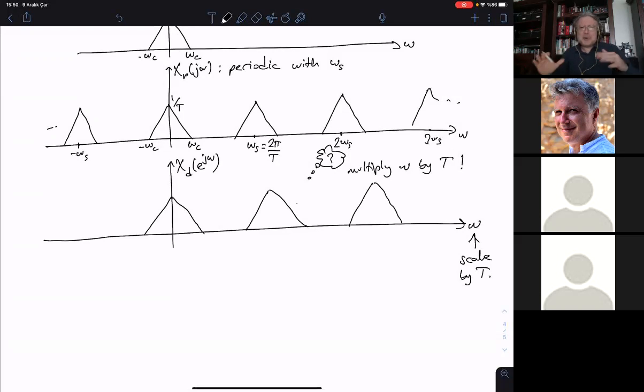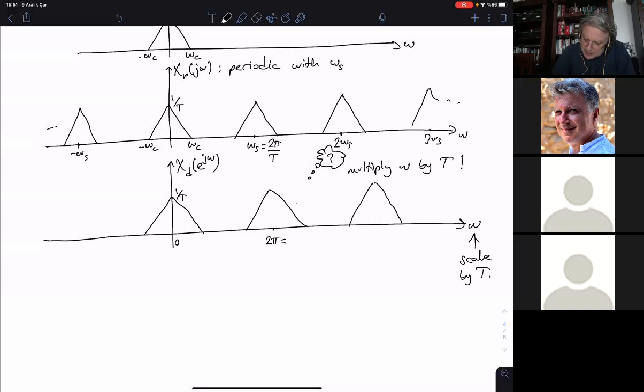Of course, it must be scaled proportionally. I'm sorry if I cannot do that. You can even draw exactly the same as X_p(jω), the same figure downwards, and then say that this point is 2π, and this point is 0. The peak, let's not change the peak,